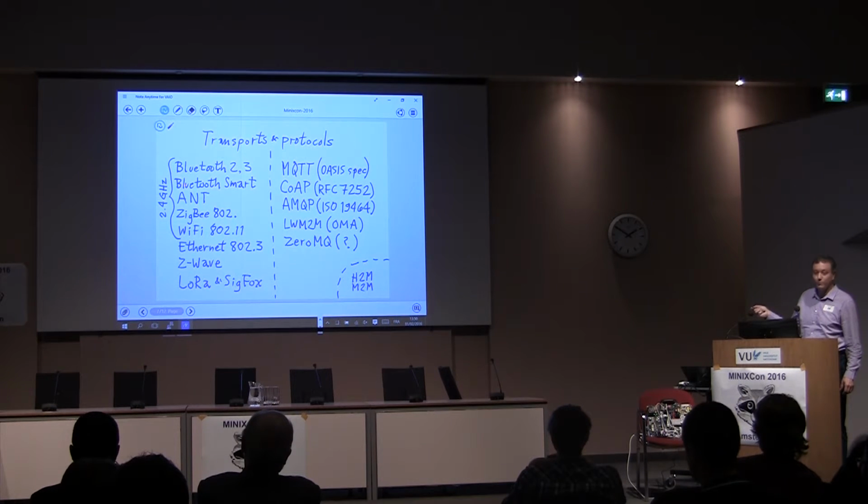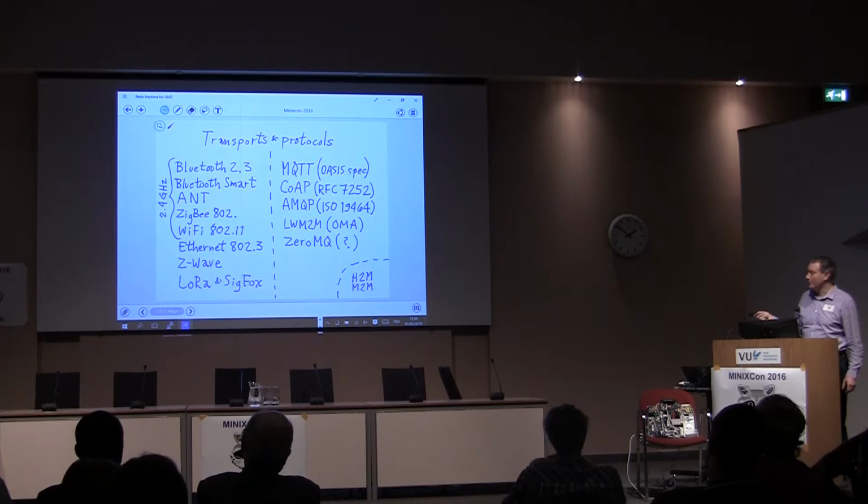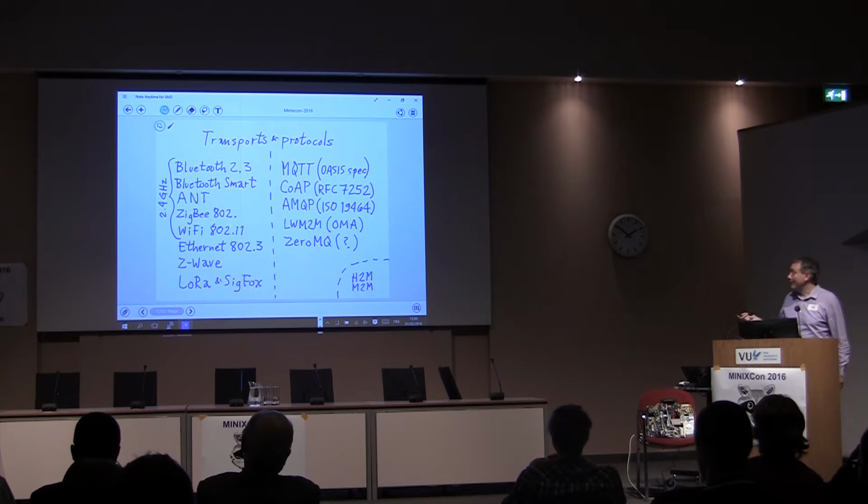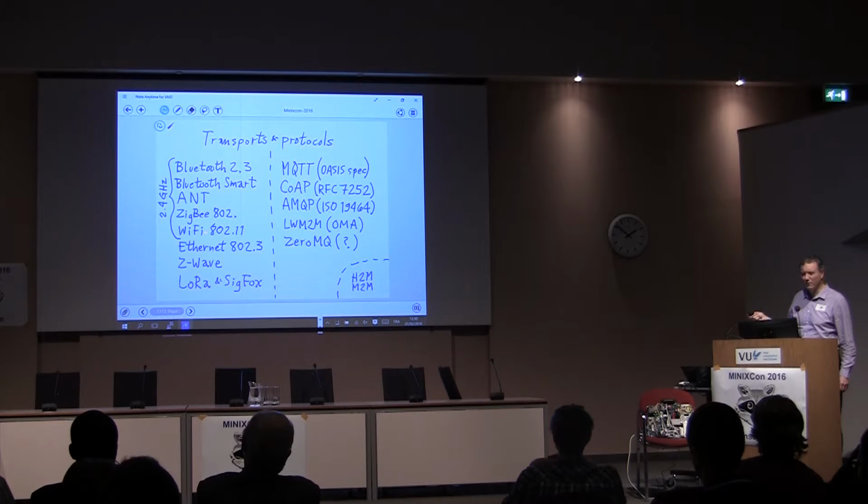So we've got Bluetooth Smart as a low energy version. That's 4, the 4th version. And then a bunch of other stuff which are relevant for IoT, but not implemented on Minix, and poorly implemented on a few other operating systems. So let's be fair. But AMT, these are all 2.4 gigahertz RF transports. And we've got Zigbee, 802.15.4, or the other way around,